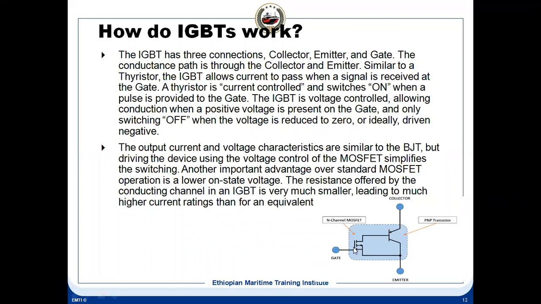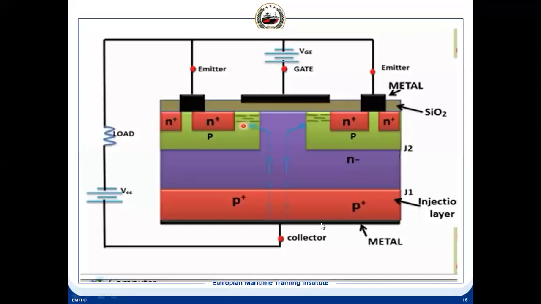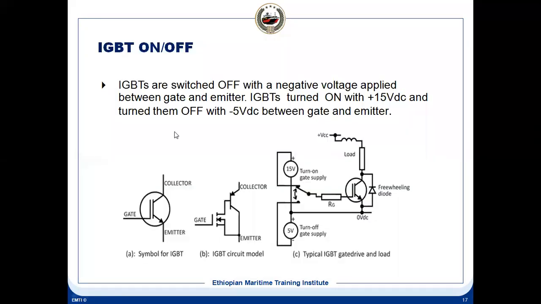So this becomes one plate of the capacitor, and the other becomes the other plate. So when you give a gate voltage, it will attract electrons from the other side, from the inside. If it attracts electrons, it provides a conducting path. You see, this is the gate. In between, the brown one is called the SiO2 layer, silicon oxide. It is an insulating layer, but this is a metal, this is a conductive layer. That is the reason it is called insulated gate. Insulated gate means the gate is insulated by an SiO2 layer. Okay, so this is how you can turn on and turn off.